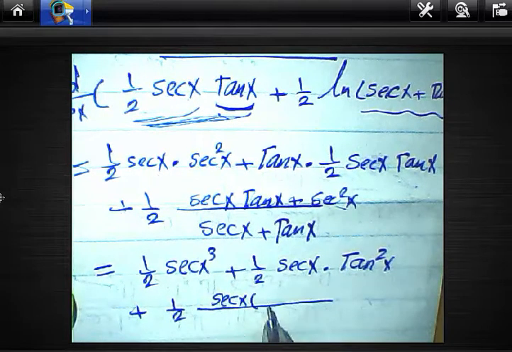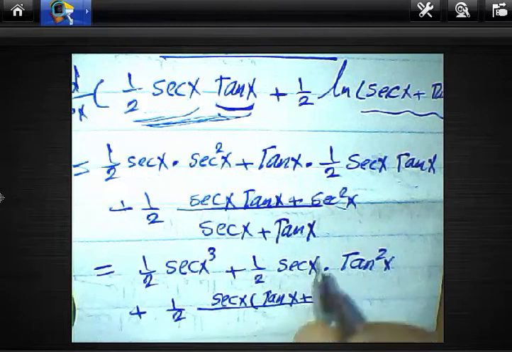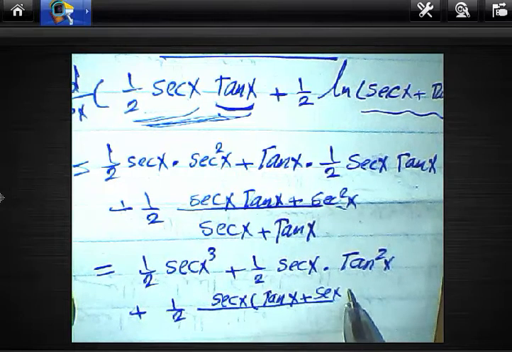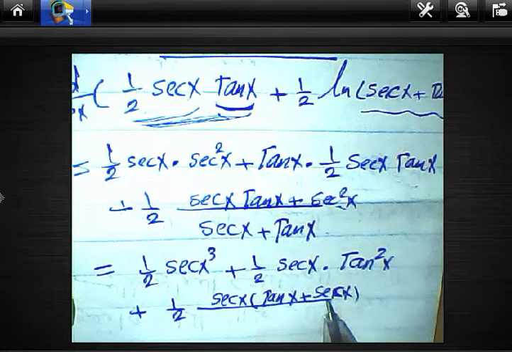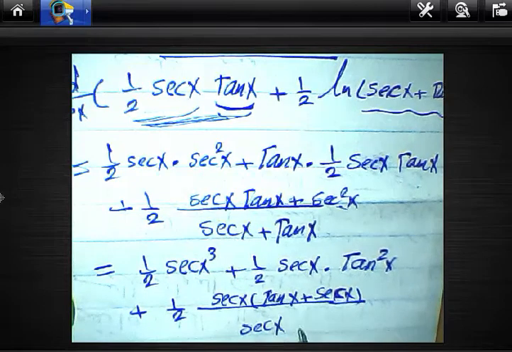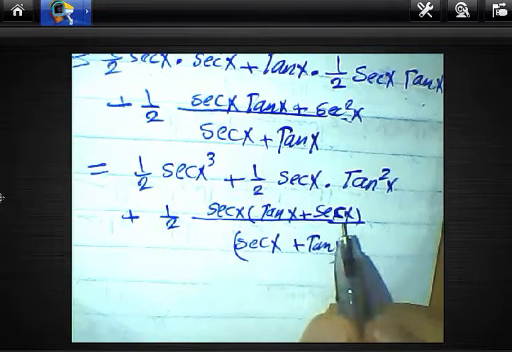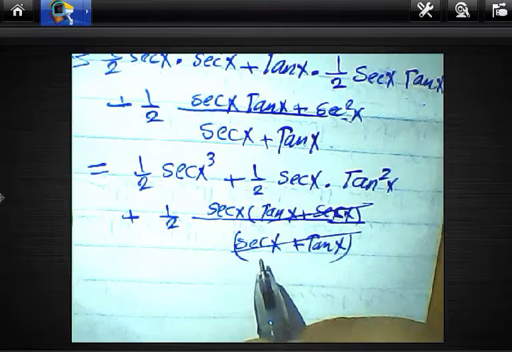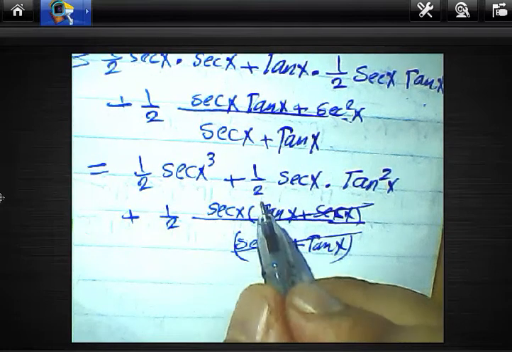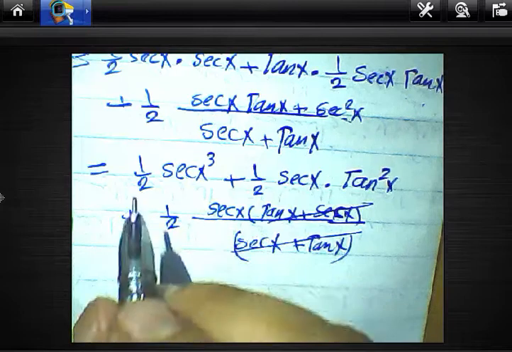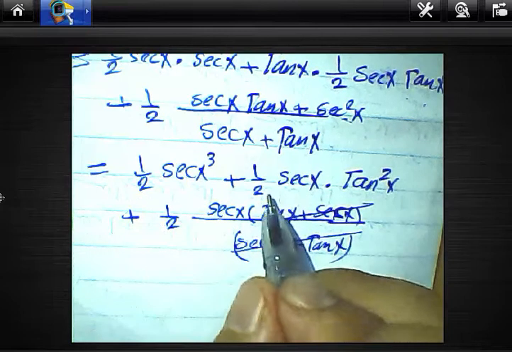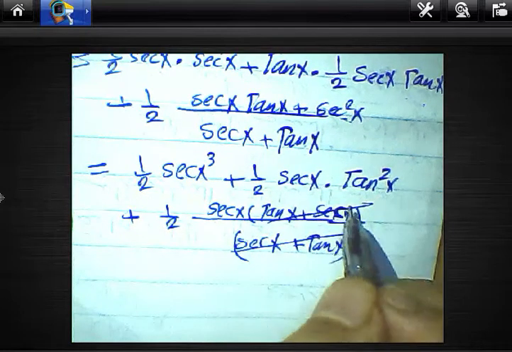The result will be tan x plus sec x, over sec x plus tan x, and we can cancel this expression with this expression. Then the result will be half sec power 3 x plus half sec x multiplied by tan power 2 of x